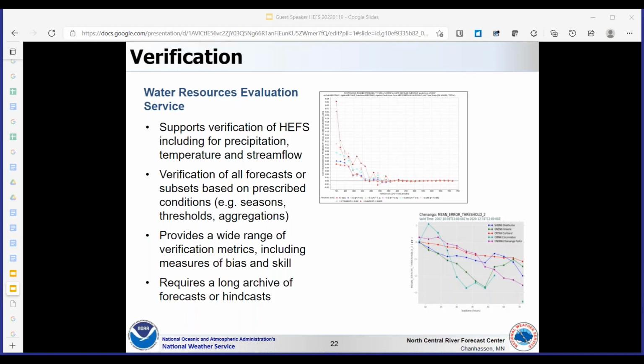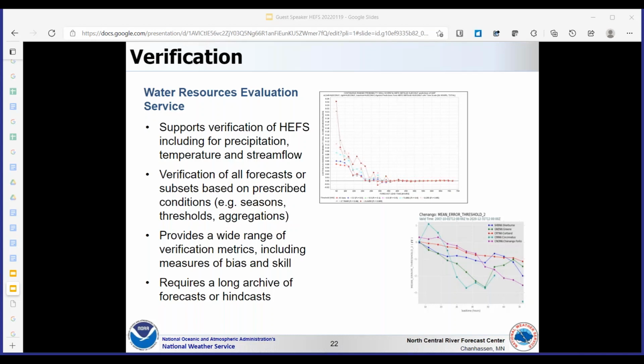It has a variety of options for verifying subsets of data, such as choosing particular times of the year or verifying with respect to particular thresholds. It's also possible to condition on the values of multiple variables, such as verifying precipitation forecasts when temperatures are below freezing. It comprises most of the well-known verification metrics and a few new metrics that are designed for operational forecasting.